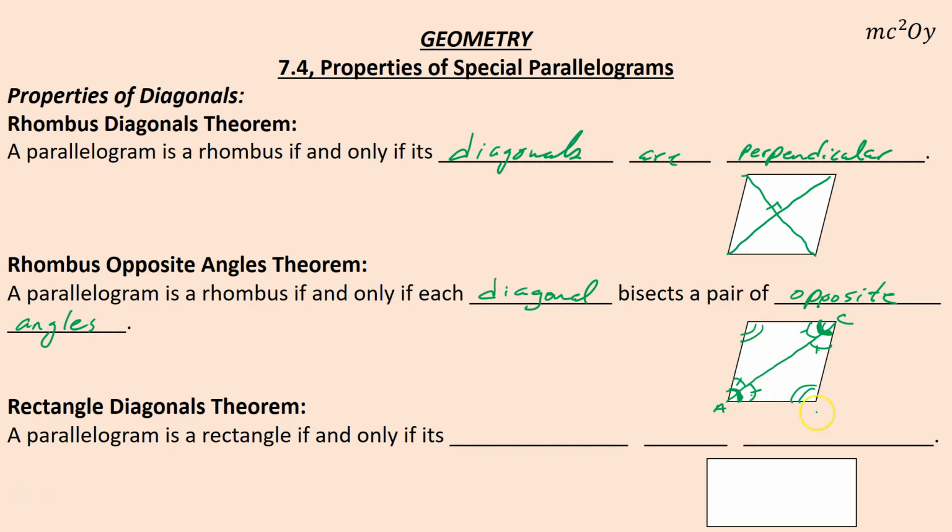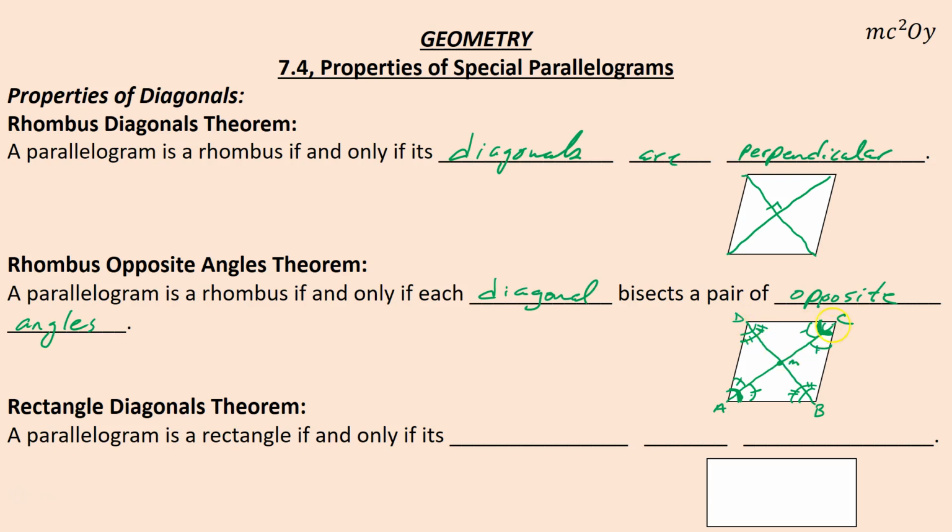If we call this B and this one D, the same thing happens there. This diagonal bisects angles B and D and cuts those in half. So angle D breaks into 2 equal angles, and angle B breaks into 2 equal angles, and those angles inside are congruent. If I call this point M, I would know that